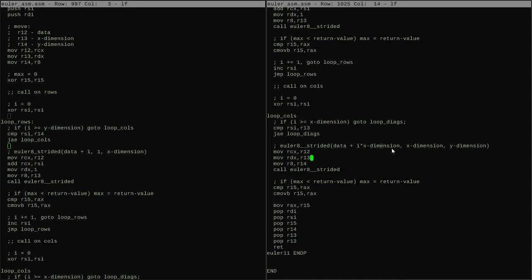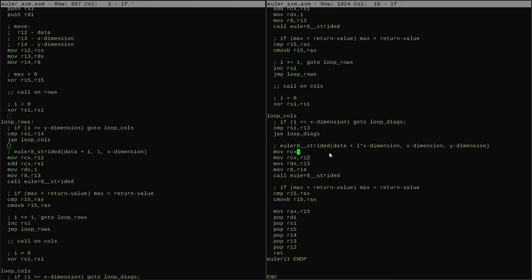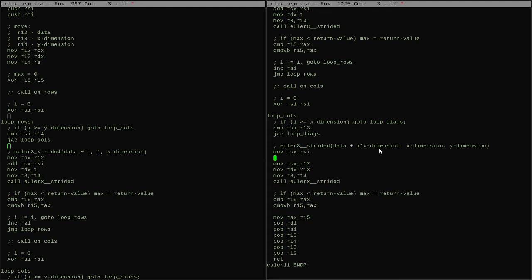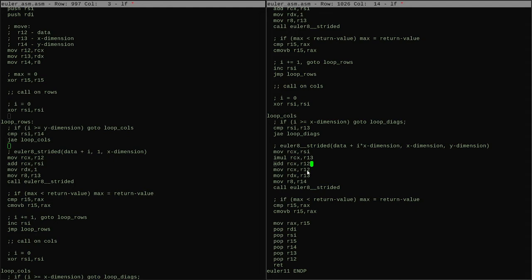So this is X dimension and Y dimension already, but this is not quite right. We want to move into RCX the value of RSI, the I value. We want to multiply that by R13, the X dimension, and then we want to add that to R12, the base of the data, right? So that gives us this expression. This and this fill out these two parameters, and then we do this,